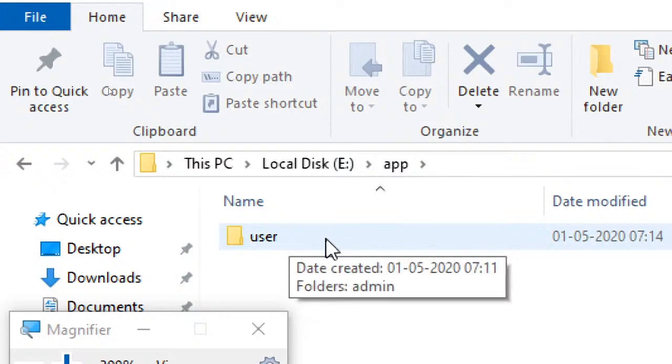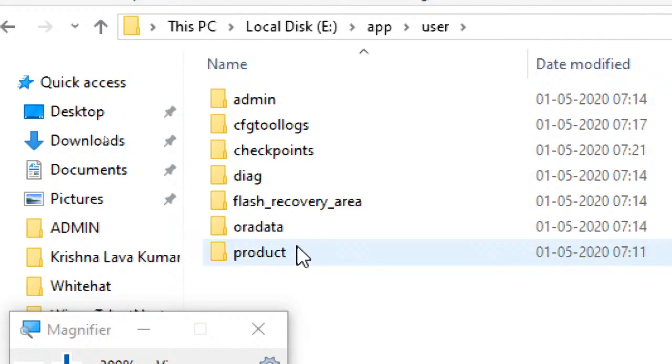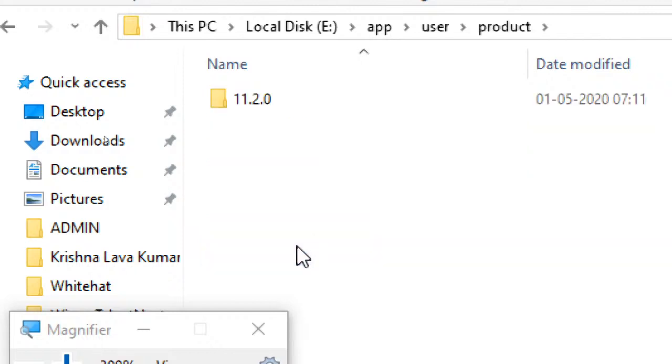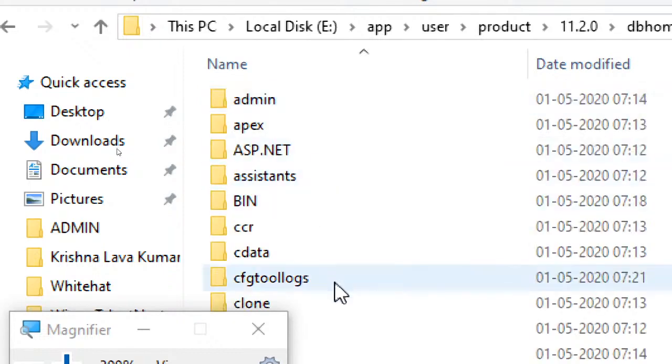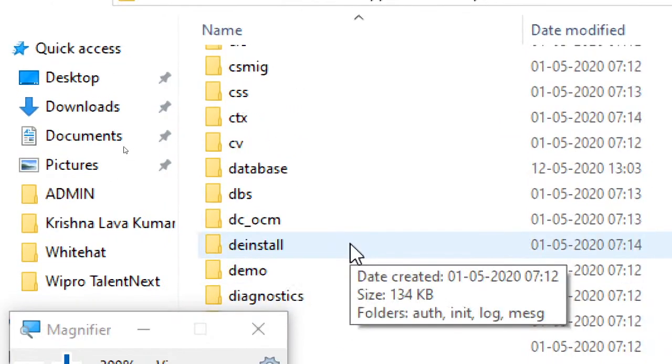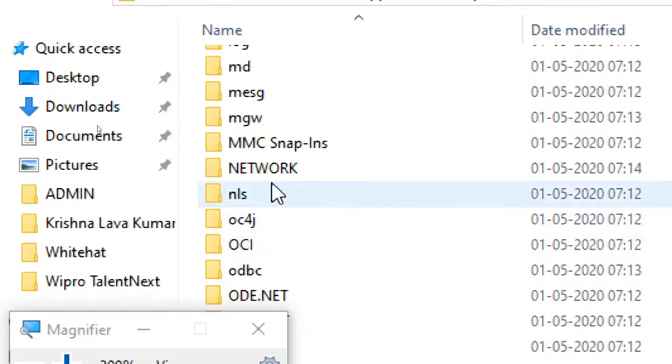In this app folder you can see user folder. In this user folder you can see product folder. In this product folder you can see your Oracle version. I have installed 11.2.0, and here you can see DB home. You can just go to DB home, and there you can find a folder with the name network.